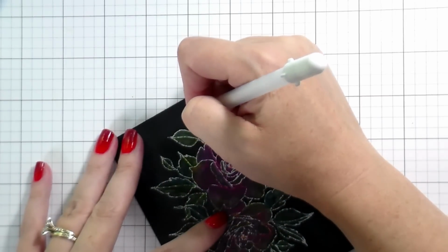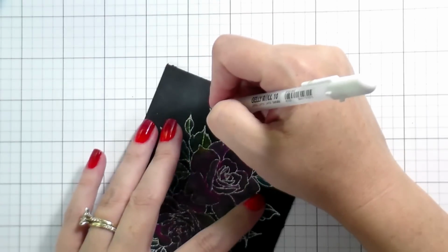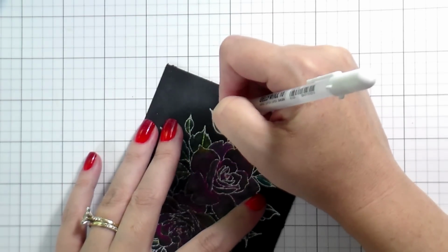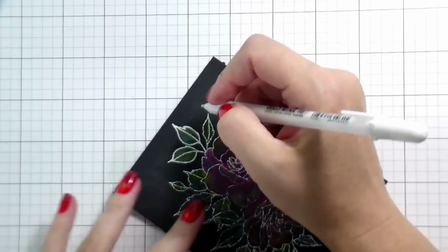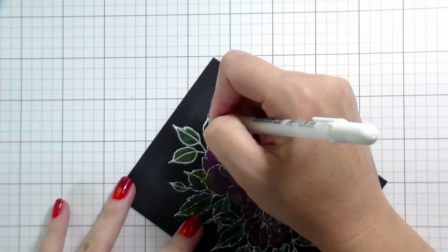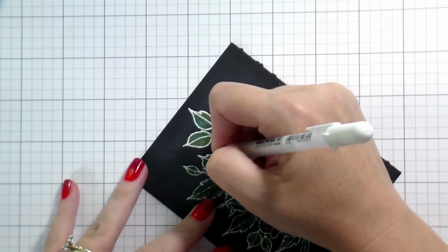So here's how I'm going to fix that embossing, and you can fix any kind of white embossing with this same trick. I am using a Jelly Roll white gel pen to just outline my image. Same way that I would if I was Copic coloring something and I wanted a bold black outline. This time I wanted a bold white outline, and so that is how I just,